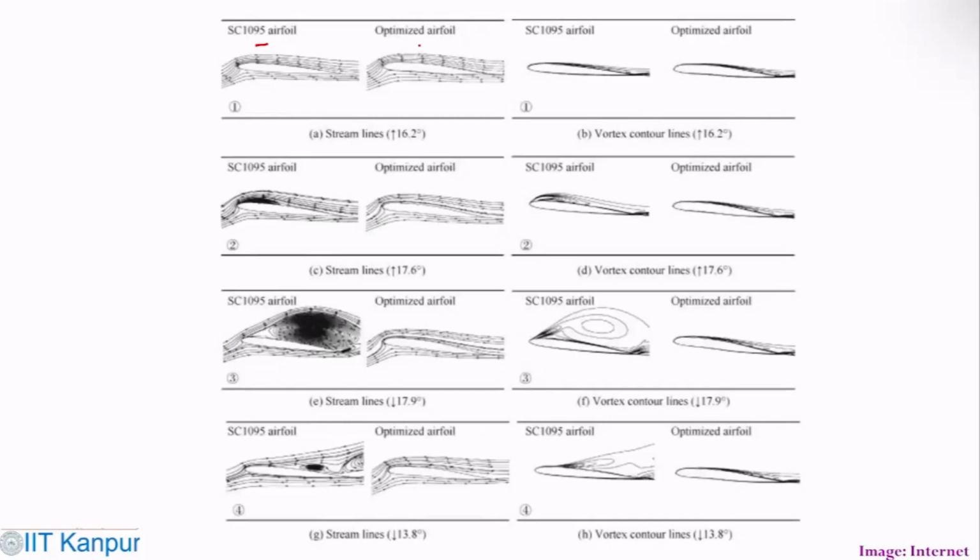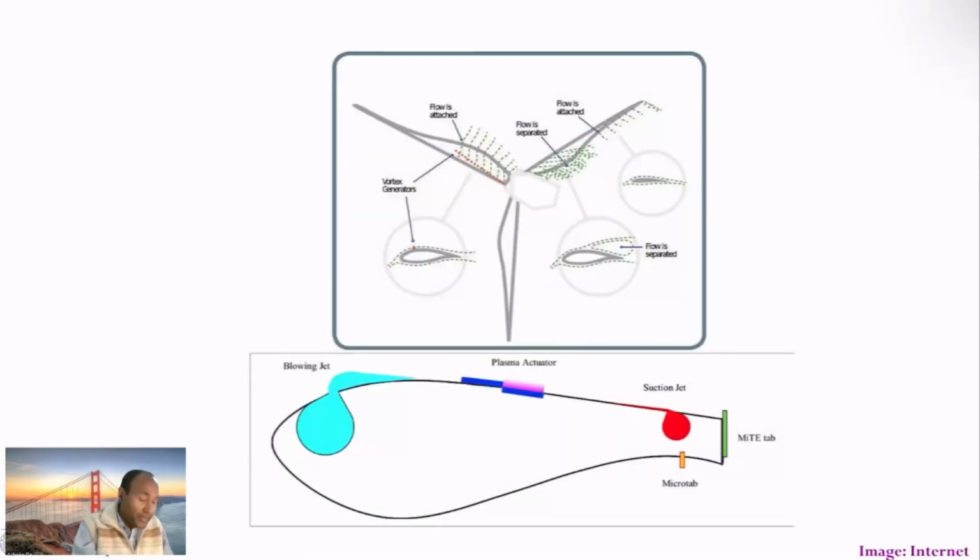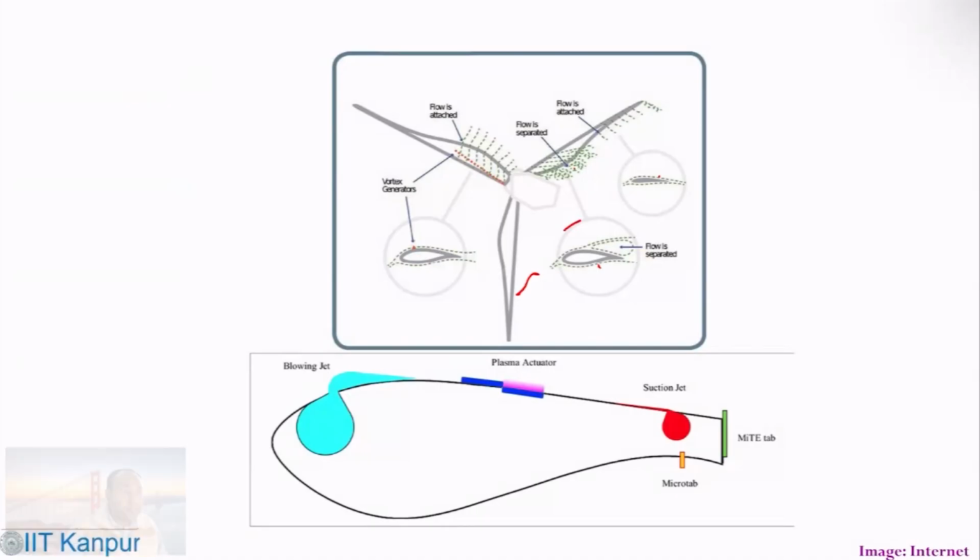This flow structure gives you an idea of when the flow passes over the rotor blade as well, because at different cross sections there are different aerofoils. For example, you can see how the flow passes over this, and at different sections these are the aerofoils and how the flow passes over them. When the flow passes over an aerofoil, there could be flow separation. So there could be an active mechanism, there could be a passive mechanism. Passive flow control and active flow control are also areas of research.